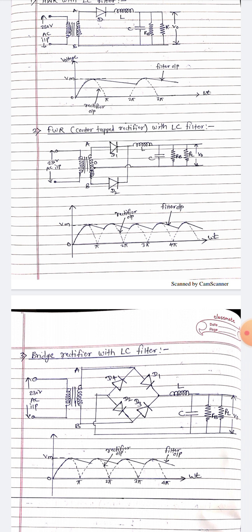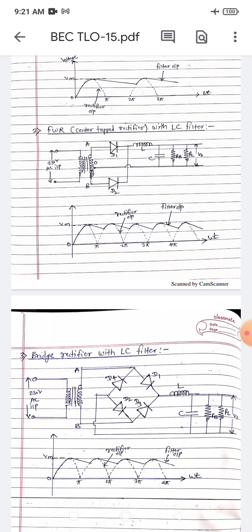So due to the positive half cycle, diode D1 goes into forward bias. It will act as an on switch. At that time D2 is in reverse bias. It behaves like an off switch. The positive half cycle gets rectified through the diode, and it passes towards the inductor L.